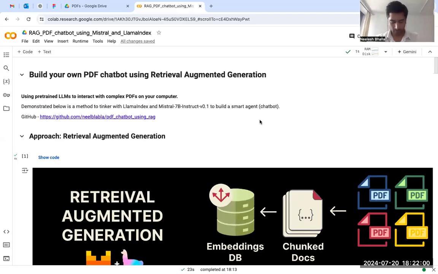Hi everyone. In this video, we're going to build a PDF chatbot using a method called Retrieval Augmented Generation. We're going to use pre-trained LLMs to interact with complex PDFs on a computer. We're going to do this exclusively on Google Colab